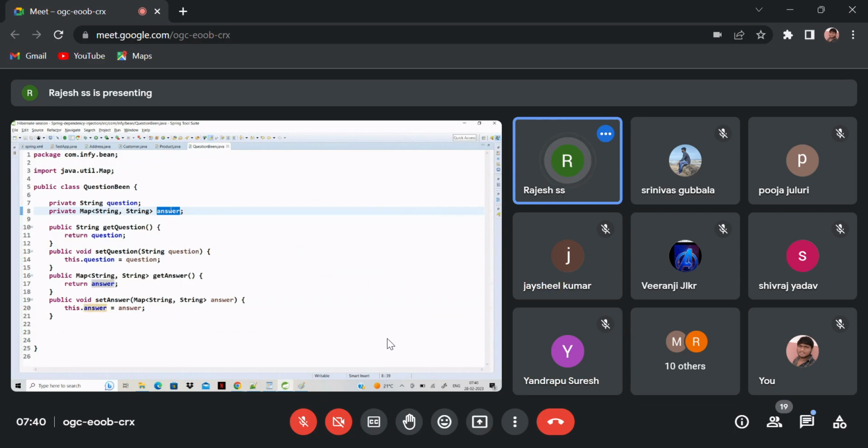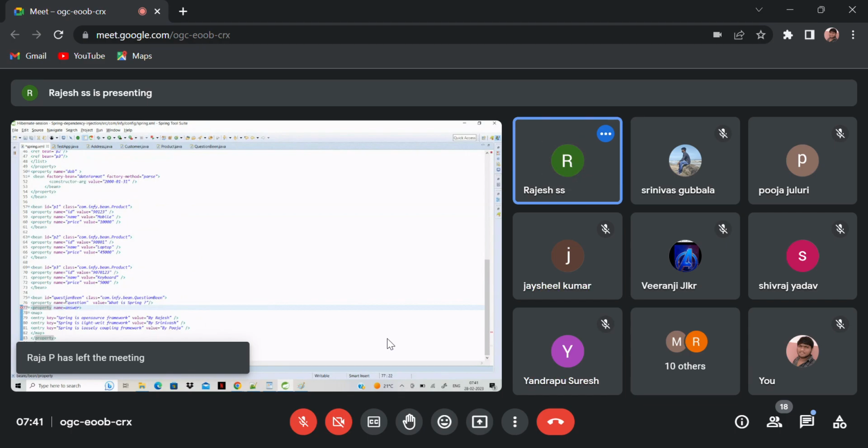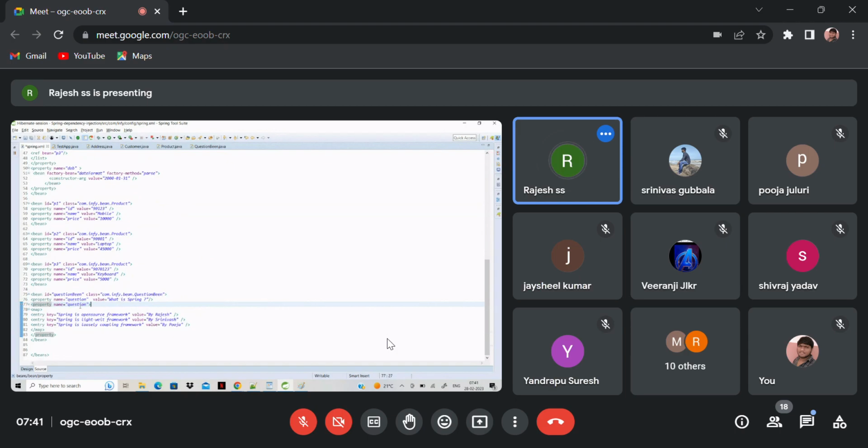That's the reason the container gets ambiguity. There are two question property definitions, so how can I inject? So this is the error we are getting. I configured the same property twice, and that's the reason for the error. Okay? Save and run the